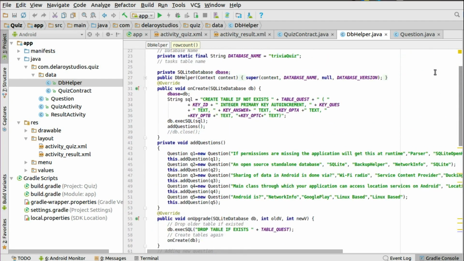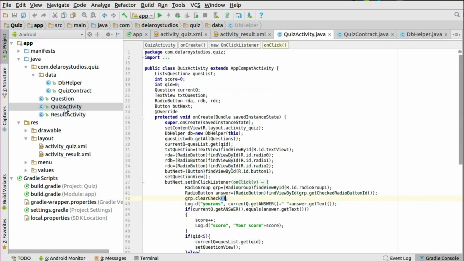So with that, we'll now understand how data has been passed into the SQLite database, and from there you could call and populate the UI with those questions and answers. So once the user toggles the particular answer that corresponds to that question, from there you could handle all those logic. So we'll be doing all those logic right there in the main activity, which is called the quiz activity. And we'll get to